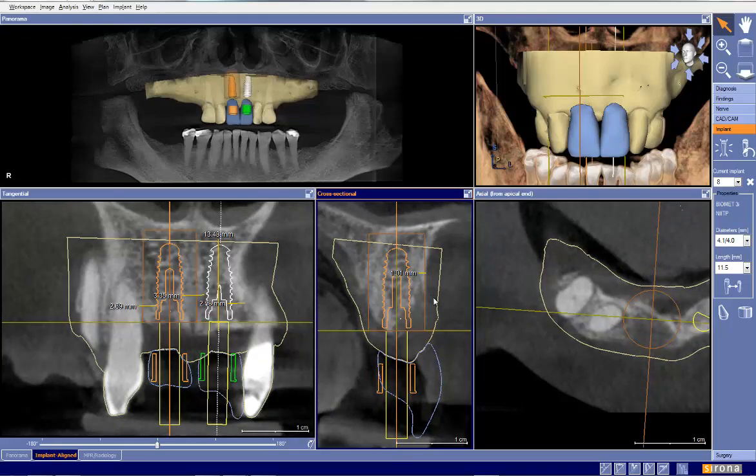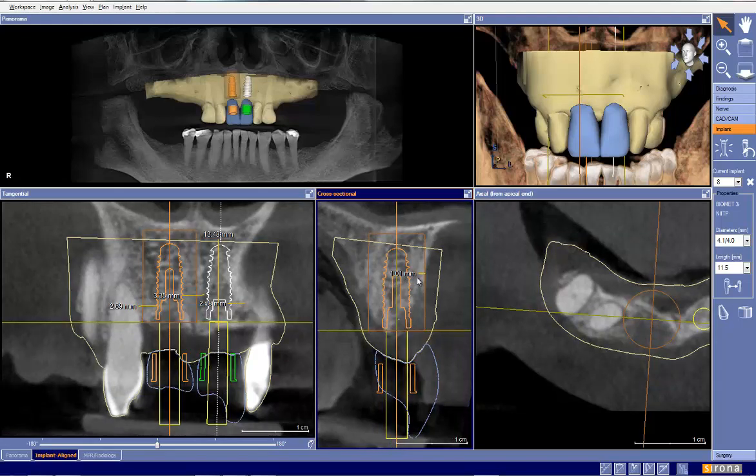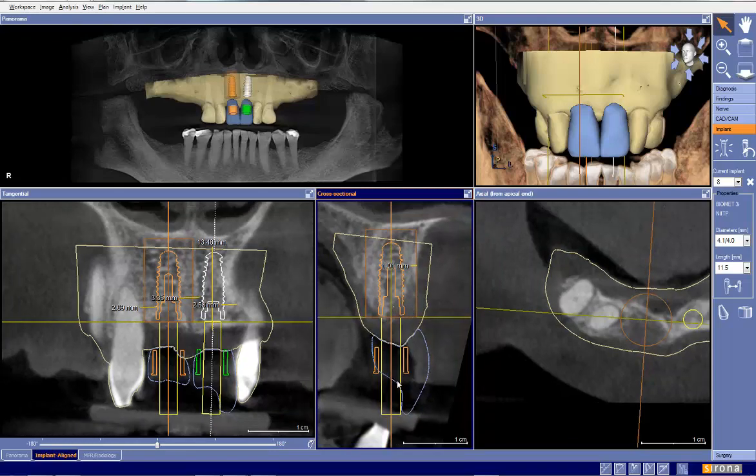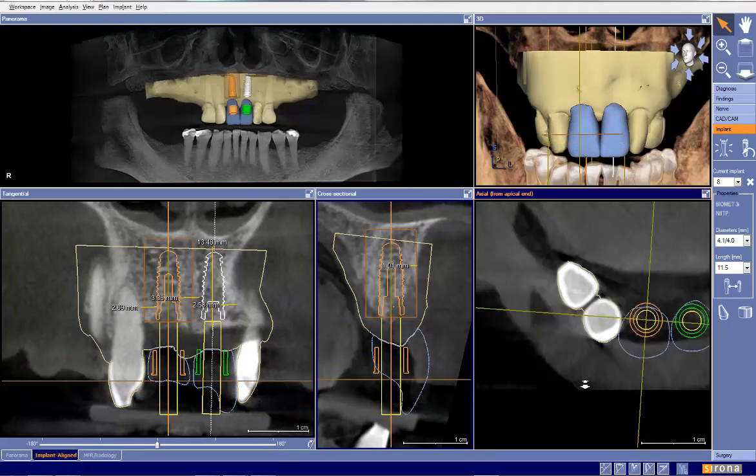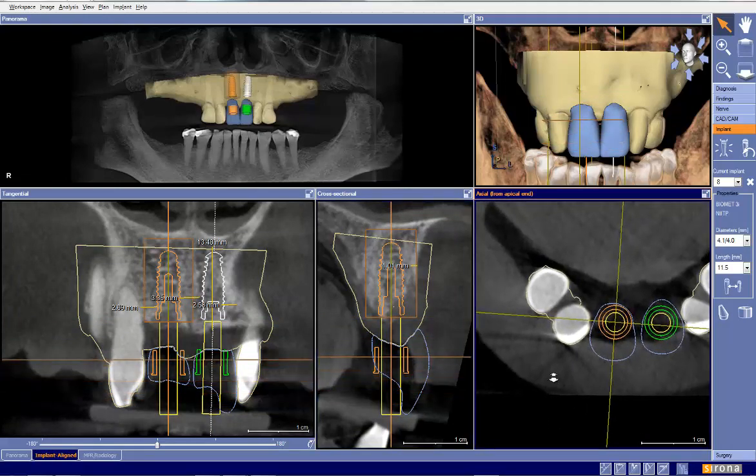What this would do is a couple of things. One is that it would give me more space here, which is what I want. Two, it would decrease my risk of this coming outside of the bone right here. And then three, it's going to give me a better screw retained position here. So as I look through this, I can see that my screw access hole is going to go perfectly